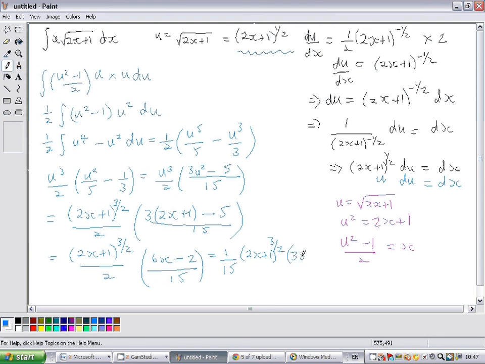So you can see that there's quite a lot of steps in this, but as long as you replace each part of the question by something in terms of u, and then be very careful when you simplify it as much as possible in terms of u, and then substitute back in the original expression, hopefully it'll tidy up to give the thing that's in the